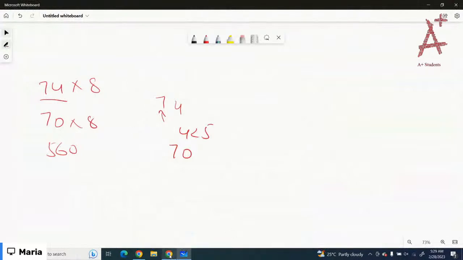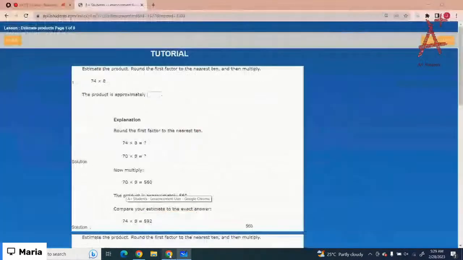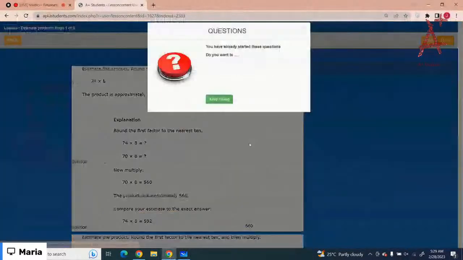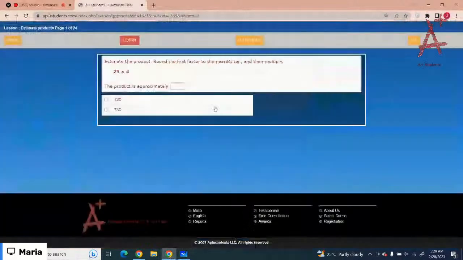So just select the correct option and click on the OK button. Okay, let's just start with the test question. We are working on the one that is on the